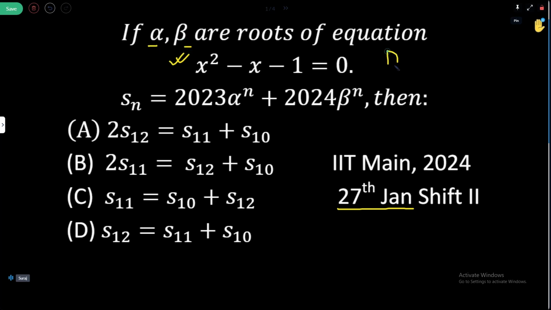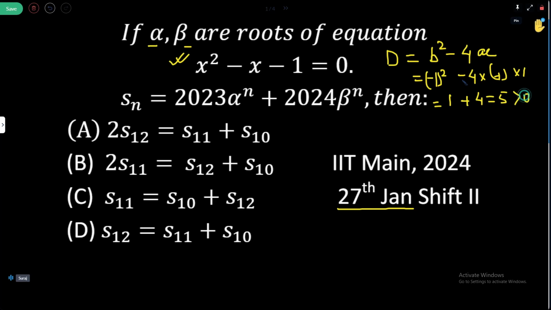First of all, check the value of the discriminant, which is b square minus 4AC. You will check here: 1 square minus 4 into minus 1 into 1. It is 1 plus 4, this is 5, which is greater than 0. So the roots are real. If roots are complex numbers in this type of problem, you can use the Vieta theorem, but roots are real, so we cannot use the Vieta theorem in this question.